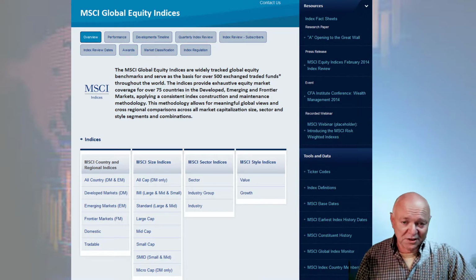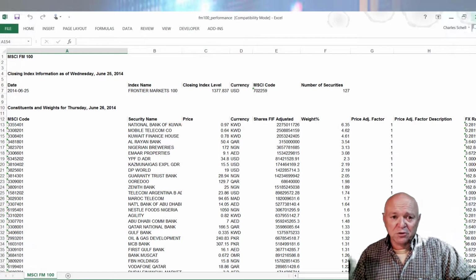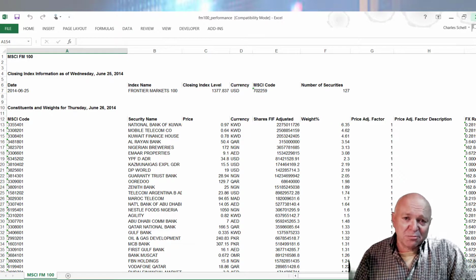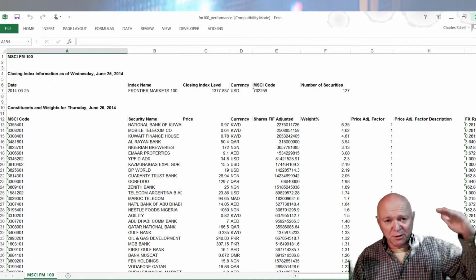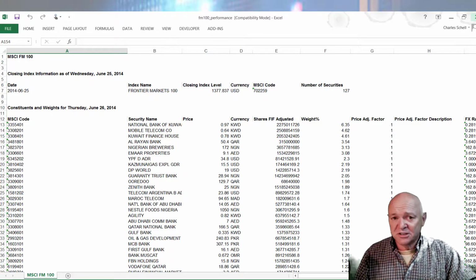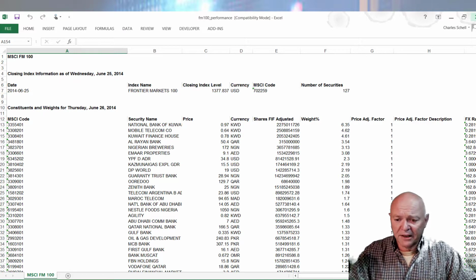If you want to know what the value of the Brazilian market is, priced in US dollars, they probably have an index for that. One example that I can show you, from looking at their website, I've downloaded a list of the membership of the MSCI Frontier Market 100. If you're wondering what a frontier market is, in terms of developed markets, emerging markets, frontier markets are the markets that come after that. And so you can see that some of the best known players in this include national banks and telecom companies in countries like Kuwait and in Africa,